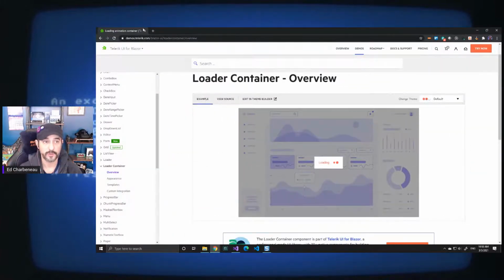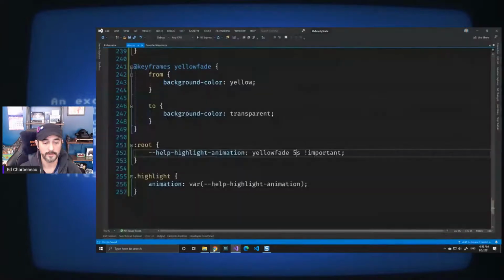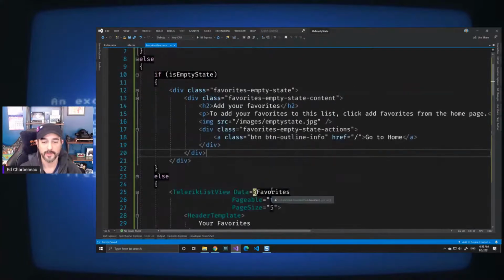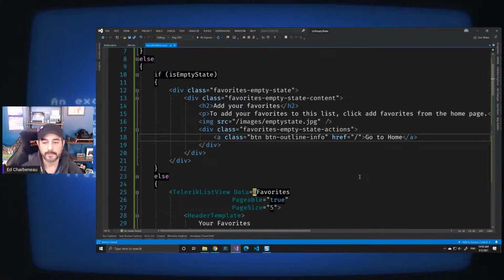So now we need something to trigger those highlights. So what I'd like to be able to do on our favorites page, on our button, is we could pass query strings to do this. I'm not going to do a query string on the show right now because we only have like 2 minutes left and it requires adding packages and some additional code. So a very short, easy way to just demonstrate how we could do this